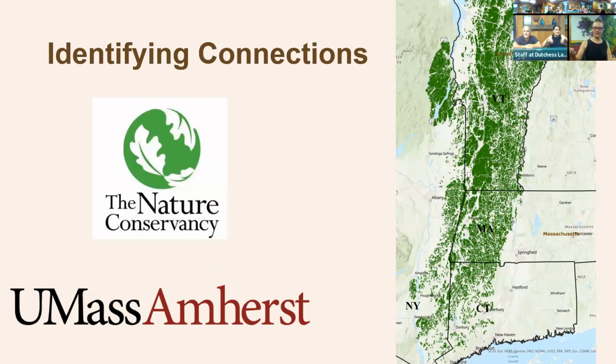But so to have this connectivity, we then have to identify those connections. So bringing back this big follow the forest map, again, that dark green are those large blocks of interior forest. Identifying those large blocks is fairly simple. We use aerial imagery, but identifying the connections is much more challenging. So using data from both the Nature Conservancy and the University of Massachusetts, we're able to get a pretty good regional idea